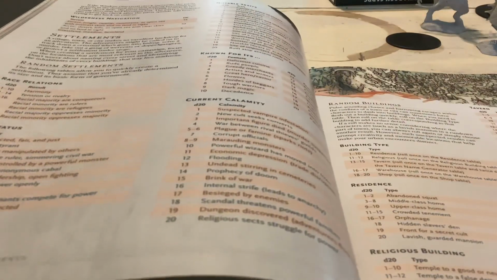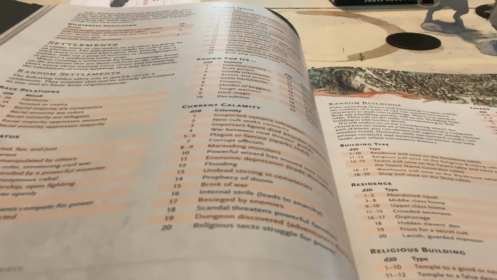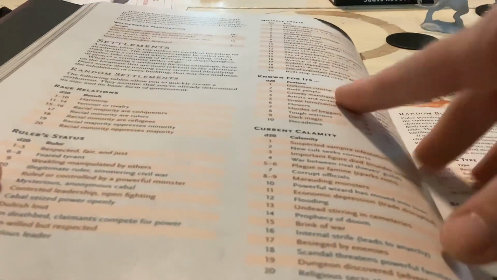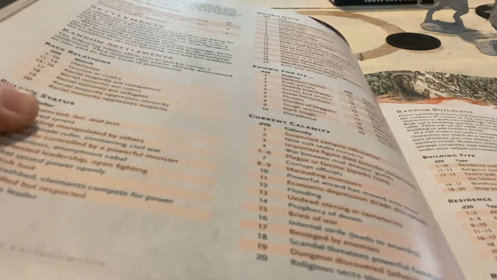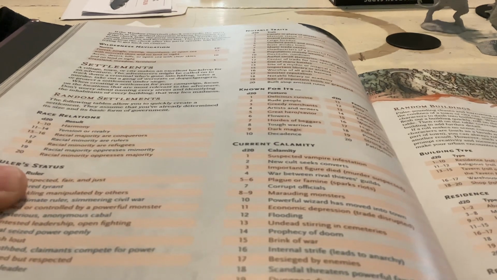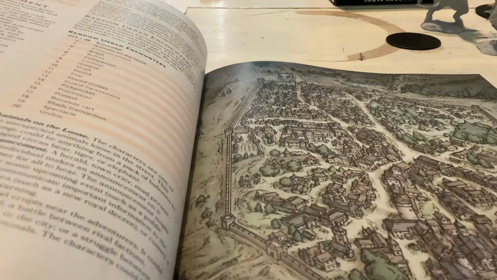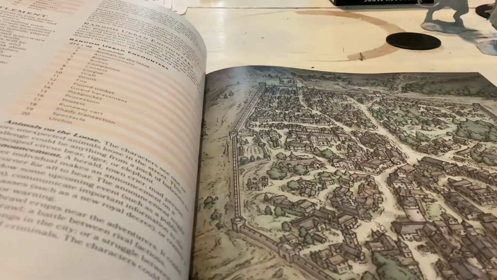You actually have different types of snares that you could run into that could set your party back. It also gives tables on settlements, for towns and cities, basically where you would start interacting with a lot of the NPCs, or non-player characters. It has a good illustration of how a town would be set up. This part also gets into urban encounters,